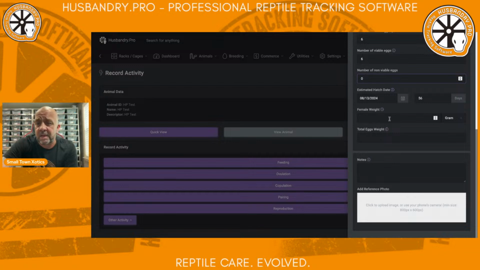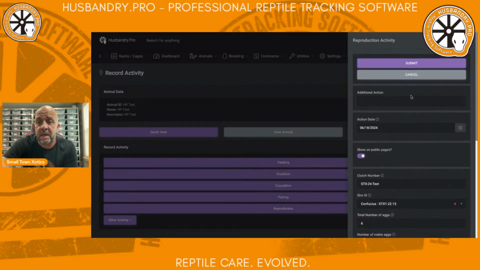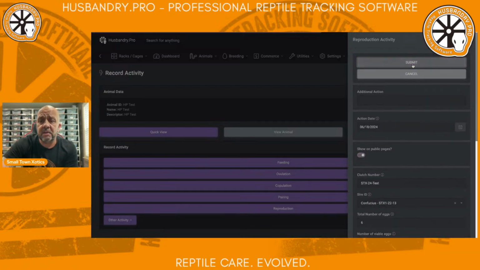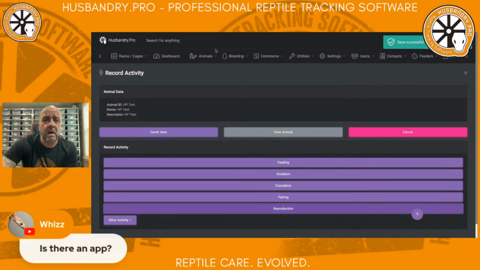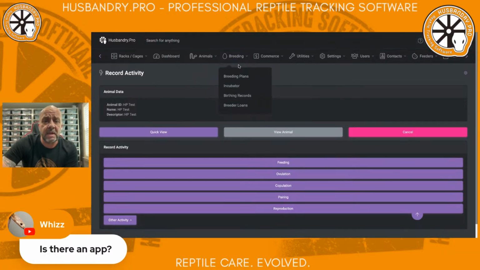You could choose to put in the female's weight and the egg weights. I don't personally do any of that. And then you click submit. All right. So now, if you go over to breeding and you go to incubator,